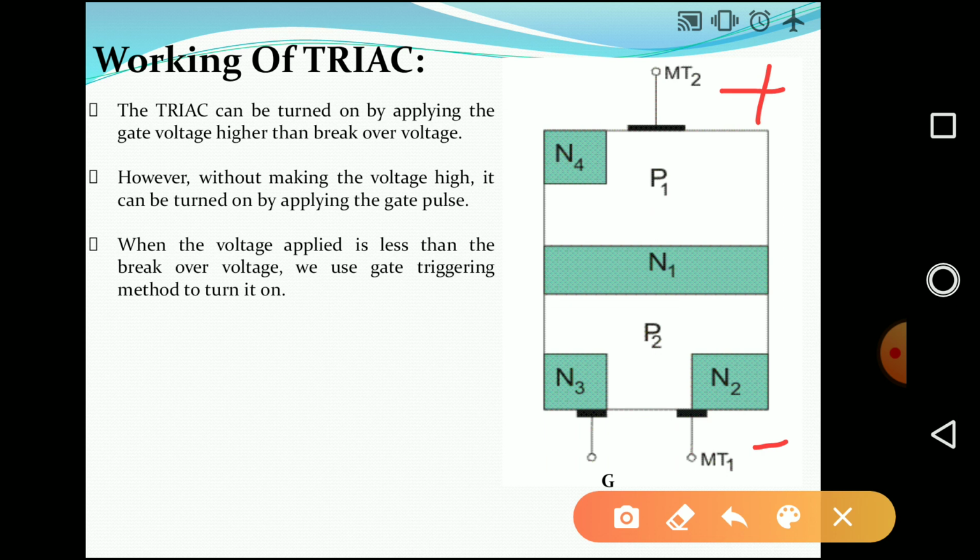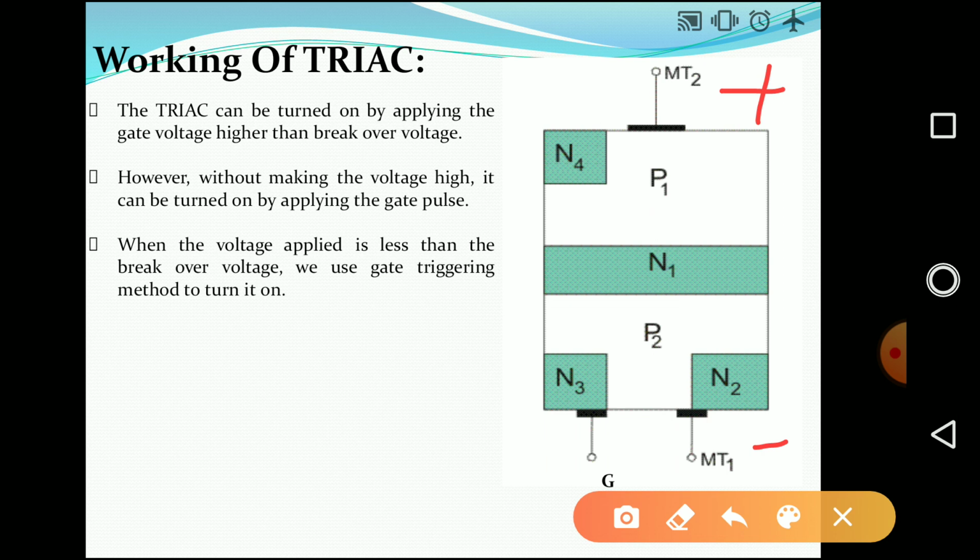So here, what does breakover voltage refer to? It is the voltage connected across the TRIAC at which it starts conducting. So until the voltage is below the breakover voltage, the TRIAC will remain in the off condition. Once the voltage reaches above the breakover voltage, then the TRIAC will start conducting here. So breakover voltage is the voltage value at which the TRIAC will start conducting. So a TRIAC turns on only when the applied voltage is greater than the breakover voltage.